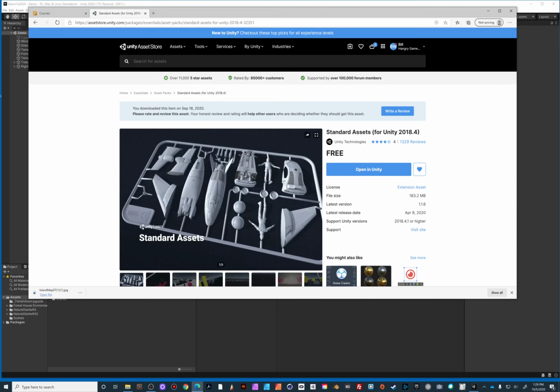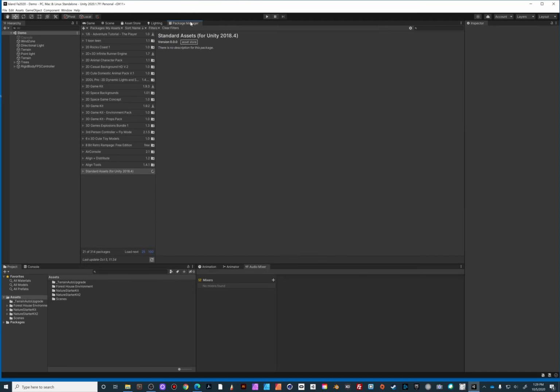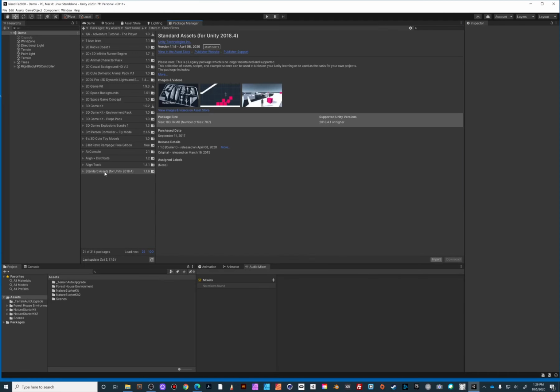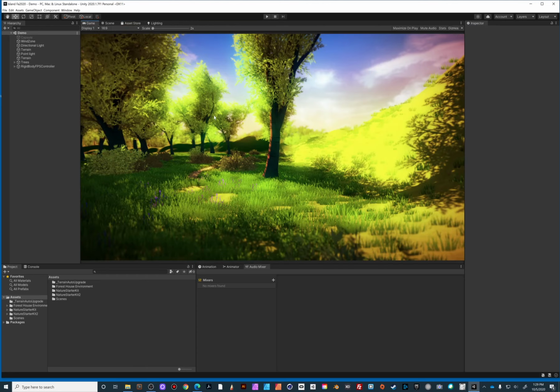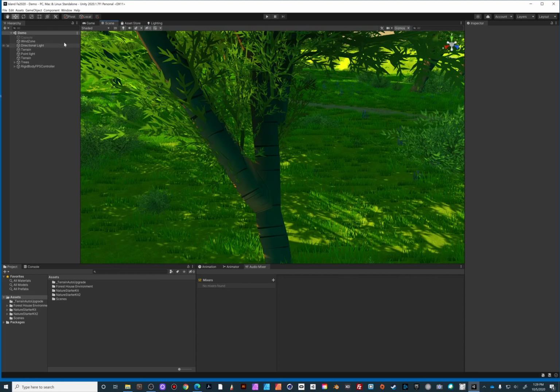So because I'm logged in to the Unity Asset Store, I have the option to open in Unity. I'm going to click the Open in Unity button, and you'll notice that it takes me back to Unity, and through the Package Manager, we have access now to the standard assets. If my Package Manager window is closed, so if I go to just close this Package Manager tab, and I'm inside my scene kind of doing some work, and I want to pick up an asset,